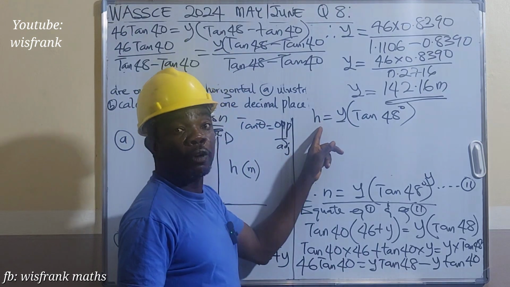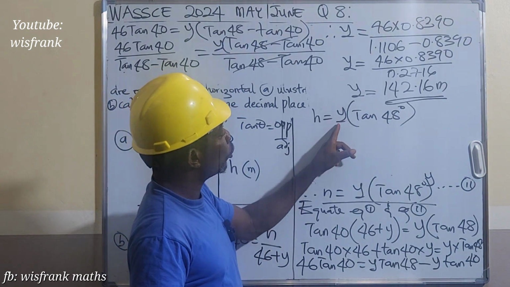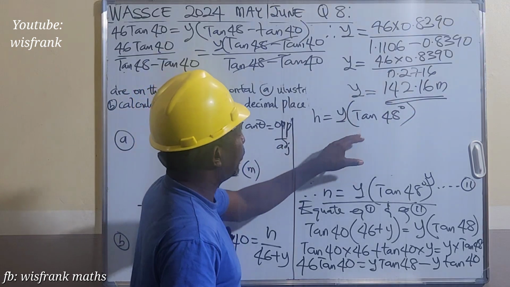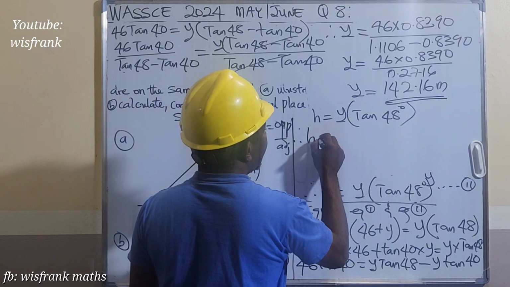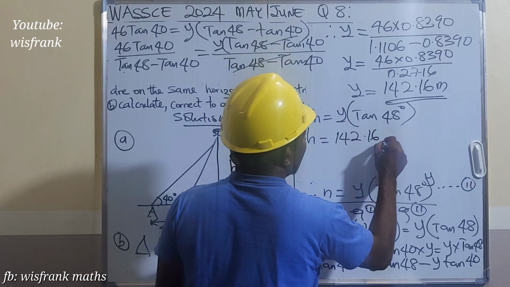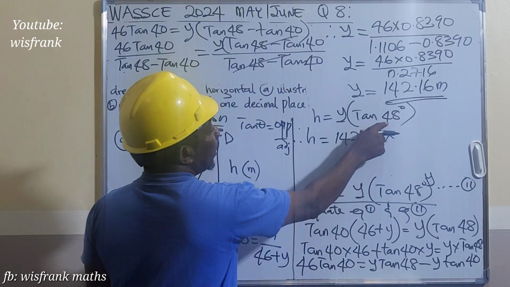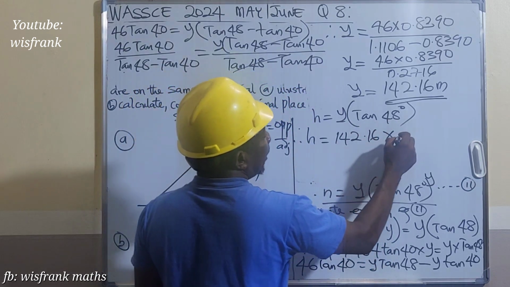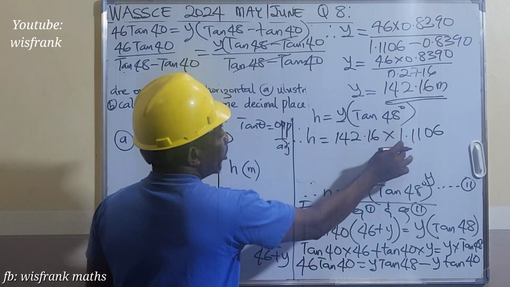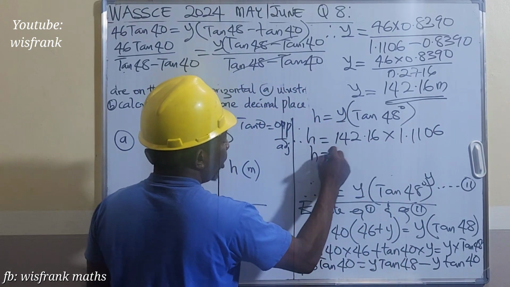Because we are looking for the height of the pole, we are going to substitute y as 142.16 meters. Therefore, h will be equal to 142.16 times tan 48, which is the same thing as 1.1106. When we multiply this, our h will be equal to